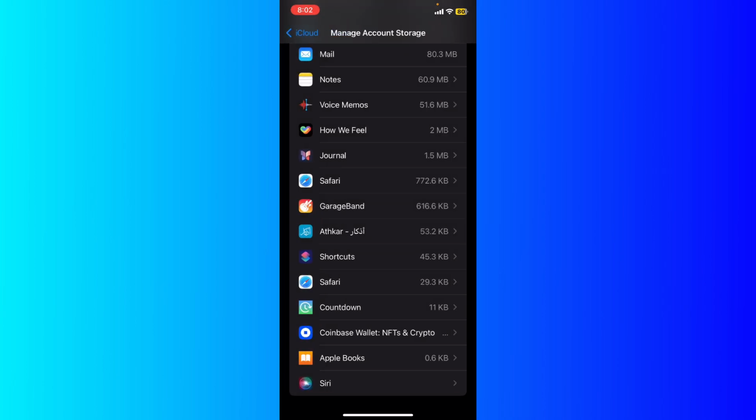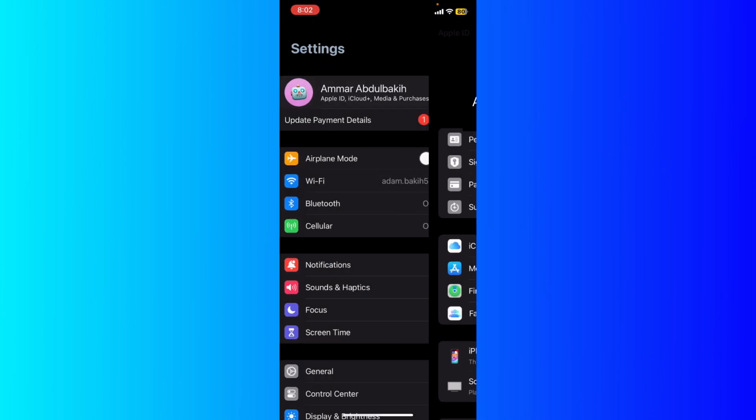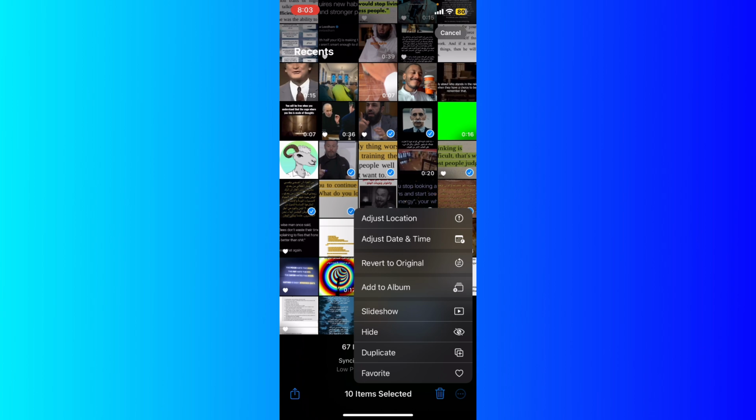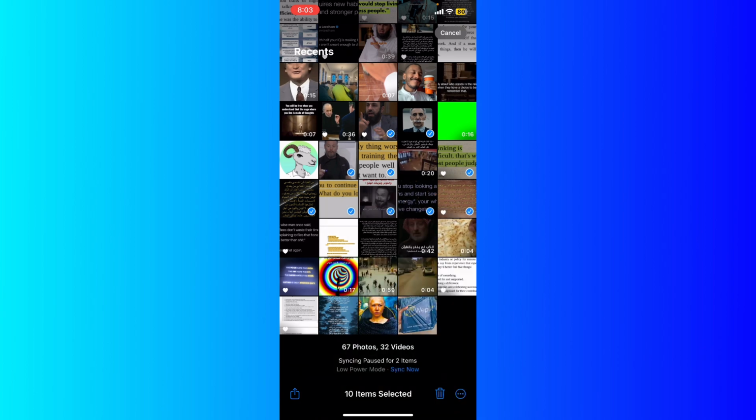All right, another way, or the last way to pull this off, is to go back to your screen and go to the photos, and start deleting the photos and media that you have on your iPhone by selecting one, two, three, four. Basically you can select many unnecessary photos, and then just hit delete, and you're going to delete those items